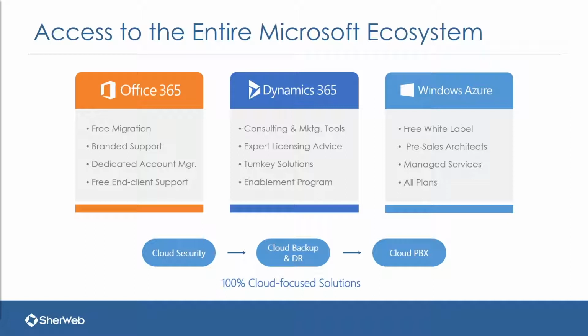So leverage your experience, leverage our experience where you have a gap, and together we can offer the cloud solution that your customer needs. We are across the entire Microsoft ecosystem: Office 365, Dynamics, Azure, but we have our own IP on different products. So we do cloud security. We recently released something called Office Protect to help you secure your Office 365 even more. We have a cloud PBX solution, and so on and so on. We are always trying to add the next product that your customer will need, to be your single vendor and partner